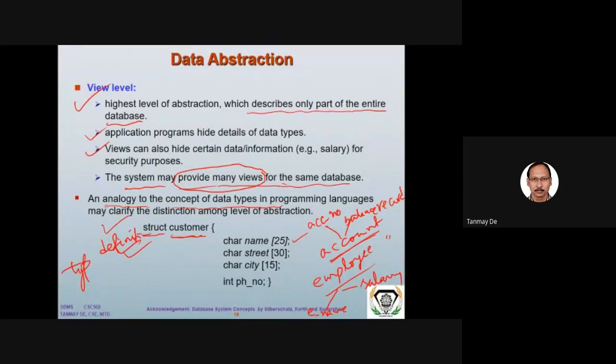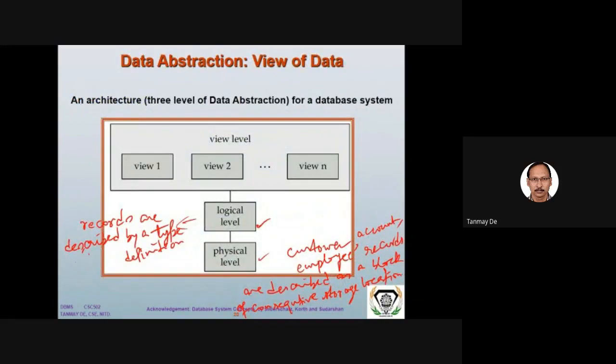This is a type definition. That is, this is a customer type of record. This is an account type of record. This is an employee type of record. Okay. That is, in the logical level, we can think of the records as described by a type definition,